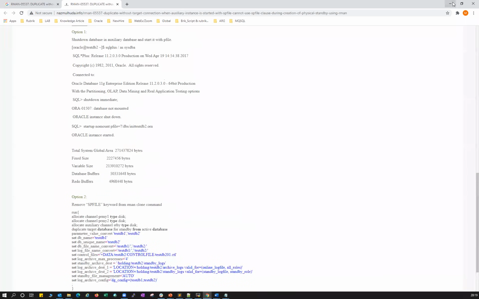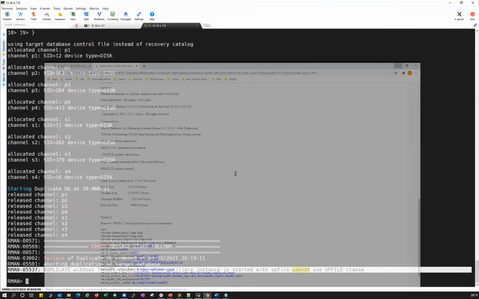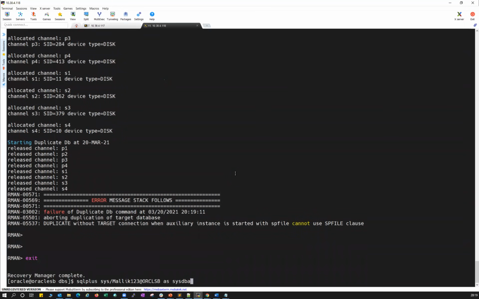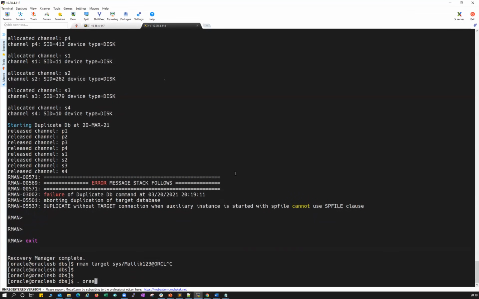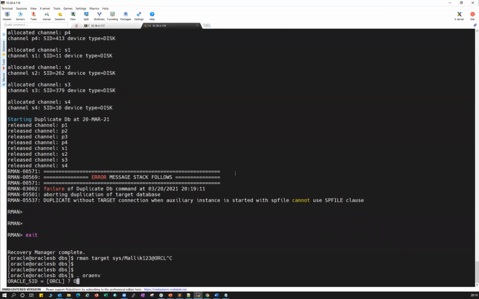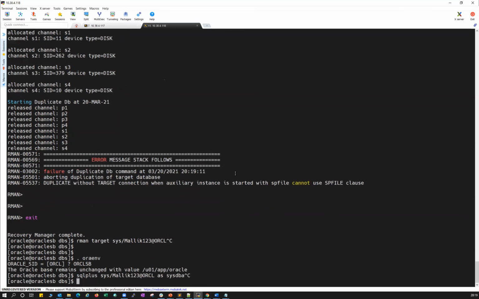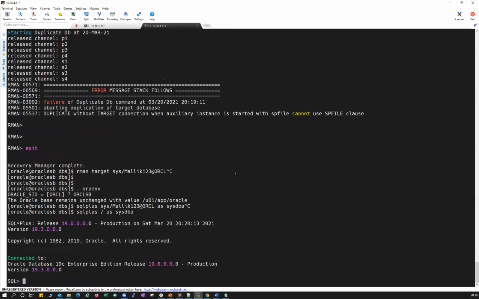Okay, so what we can do, one more thing: we will create our SP file with whatever parameters we defined, and then we will start it one more time. So ORCL standby is the one. Let's connect to SQL*Plus / as SYSDBA.